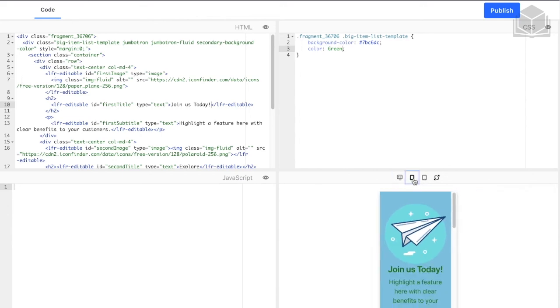Also, we can see here in the HTML pane that our web developer is able to denote what sections of the fragment are editable with the LFR editable tag. This allows our web developer to define fragments that are as flexible or rigid as they desire, once the marketer begins shaping the page to their messaging. This editable tag can be used to denote editable text, images, or even embedded widgets. Next, we will see how these fragments can be brought together by a web designer to create